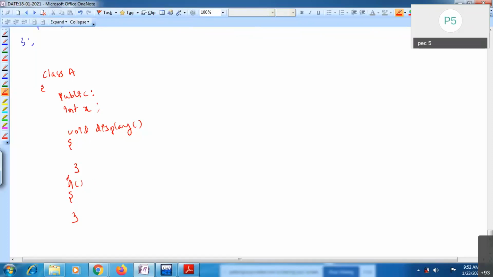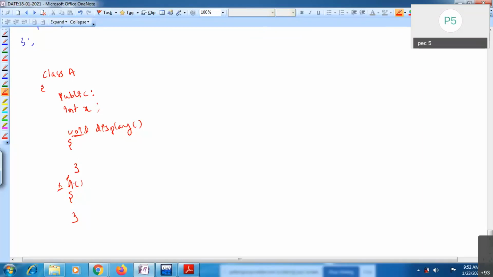Here you can observe I have taken the constructor A with parenthesis, which is similar to a member function, but the name of the constructor is the same as the class name. And a constructor won't take any return type. If it is a member function, you take a return type like void, but a constructor is not allowed to take a return type. No return type for constructors.